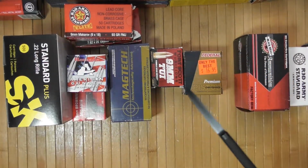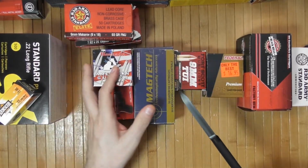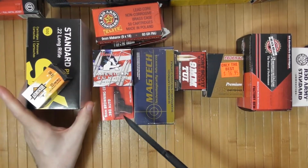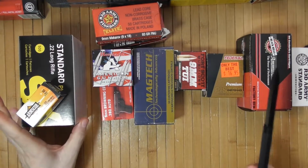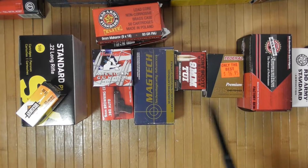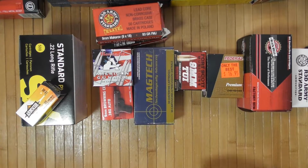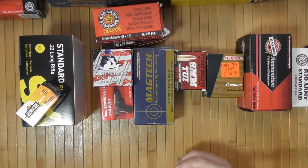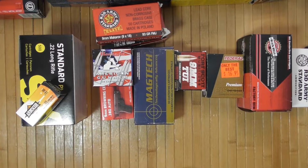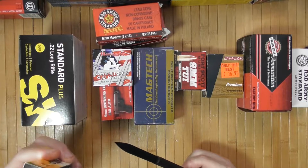Calibers. Some people consider 22, and again, starting with rimfire, let's put the pistol calibers aside. I only own one rimfire caliber. There are a variety of them. 22 LR is the one I own. There is 22 Winchester Magnum. There is 17 HMR and so forth. I only own 22 LR, and in my mind, it is not much of a defense cartridge unless that is all you have. In that situation,